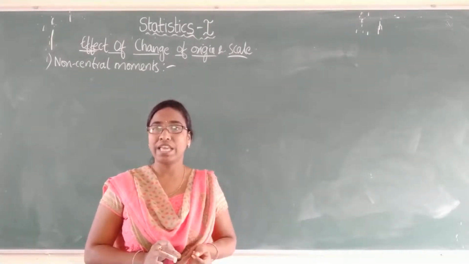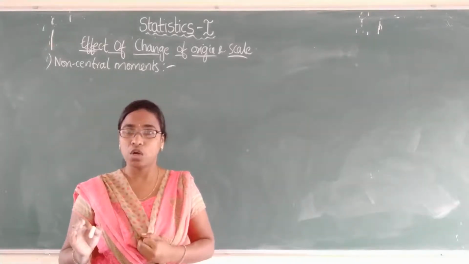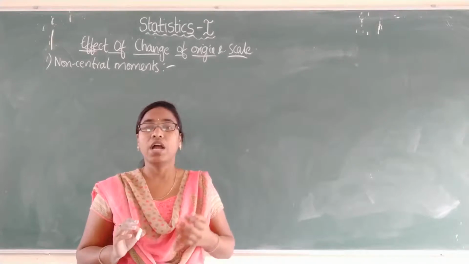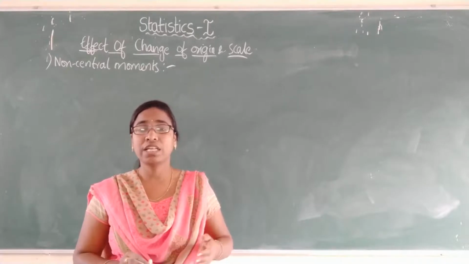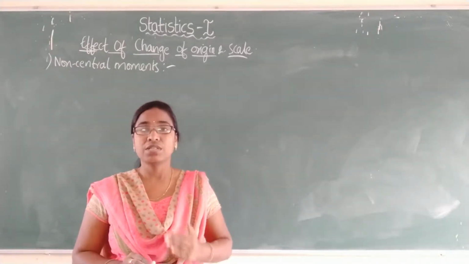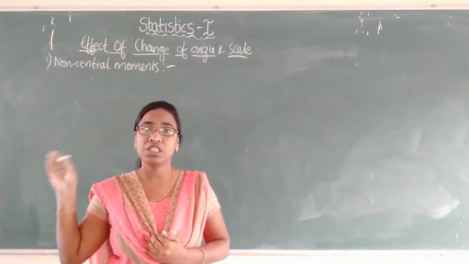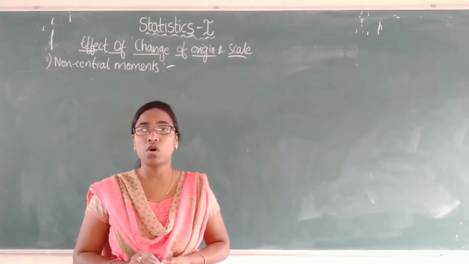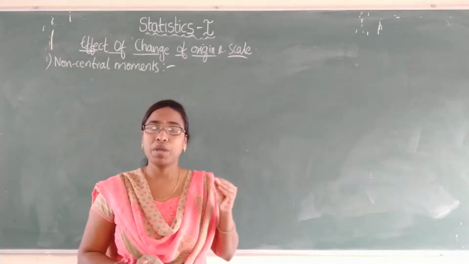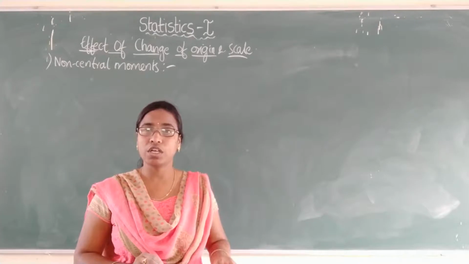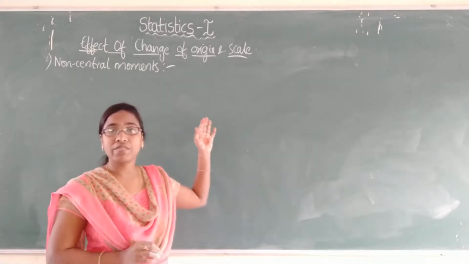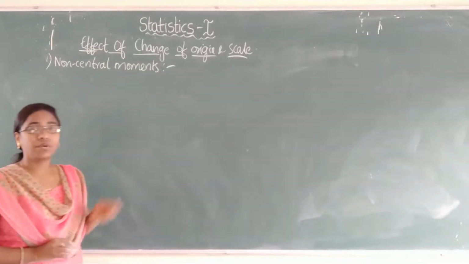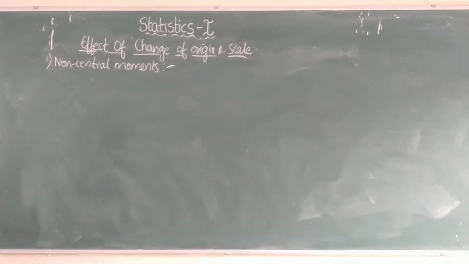ui equals xi minus a, where a is the shift of the origin, that is the central point, and we have considered ui equals xi minus a by h. So that is a shift in the origin and scale. Now we will see whether those shifts are influencing the moments or not. For the mean, whether you use any shifting of the origin or the scale, the answer will be the same. Now we will check whether, even if you shift the origin and scale, we get the same answers or not. So first we are going to check for the non-central moments.